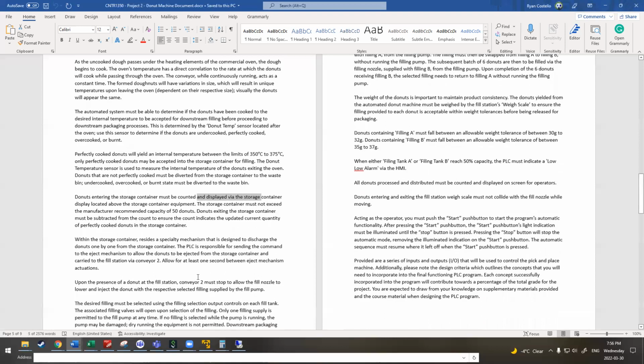Within the storage container resides a specialty mechanism that is designed to discharge the donuts one by one from the storage container. The PLC is responsible for sending the command to the eject mechanism to allow the donuts to be ejected from the storage container and carried to the fill station via conveyor 2. Allow for at least 1 second between eject mechanism